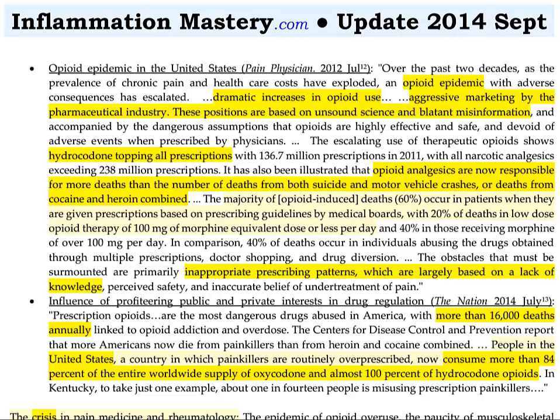The Center for Disease Control and Prevention report that more Americans now die from painkillers than from heroin and cocaine combined. People in the United States, a country in which painkillers are routinely overprescribed, now consume more than 84% of the entire worldwide supply of oxycodone and almost 100% of hydrocodone opioids. In Kentucky, just to take one example, Kentucky is a state within the United States. About 1 in 14 people is misusing